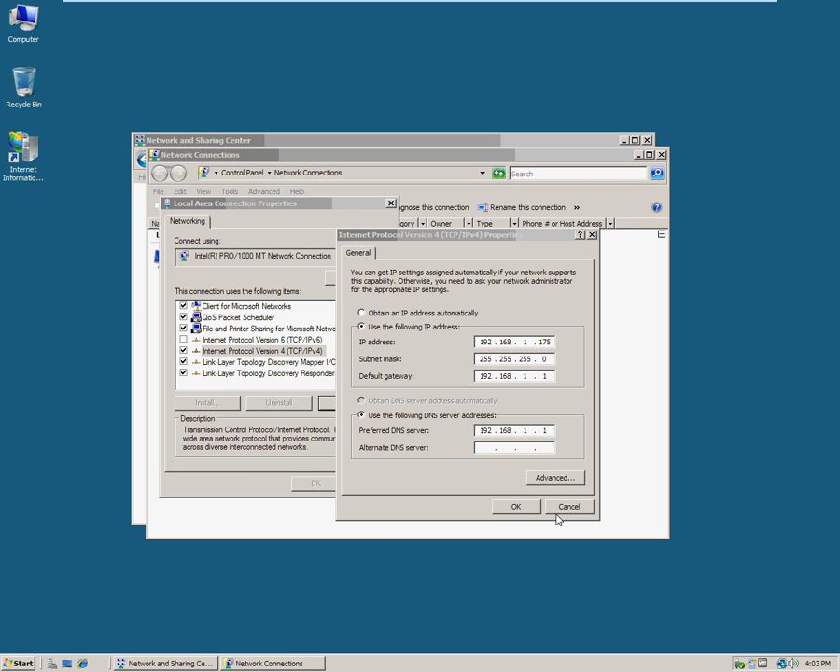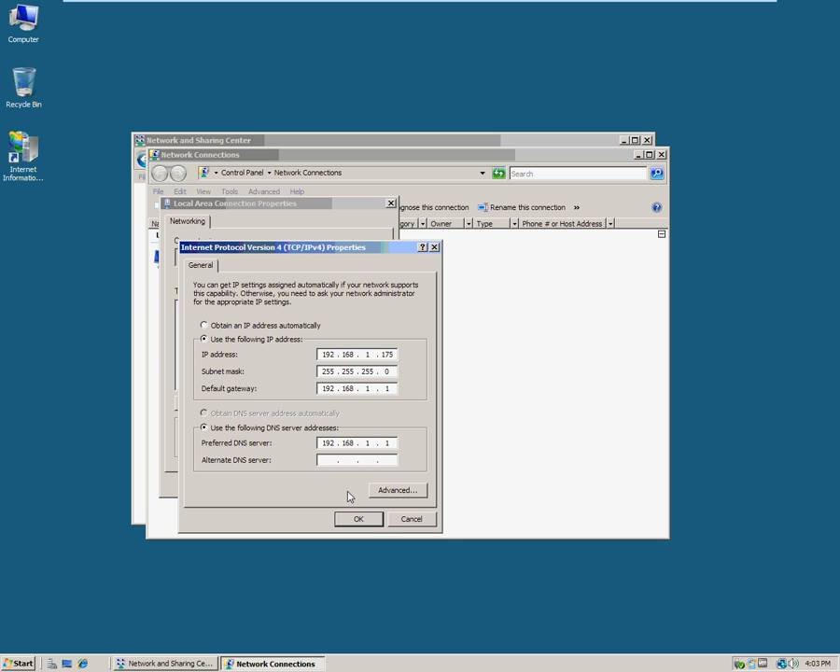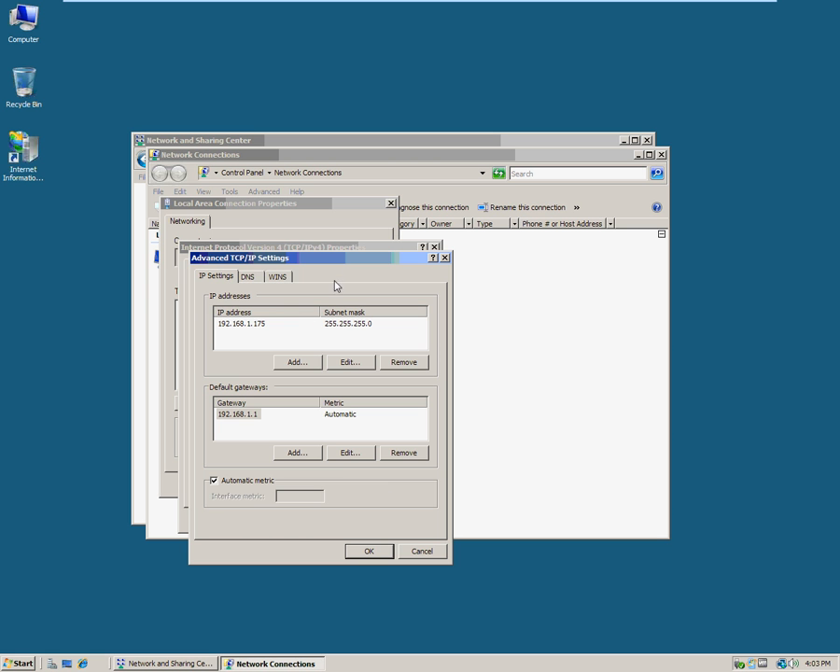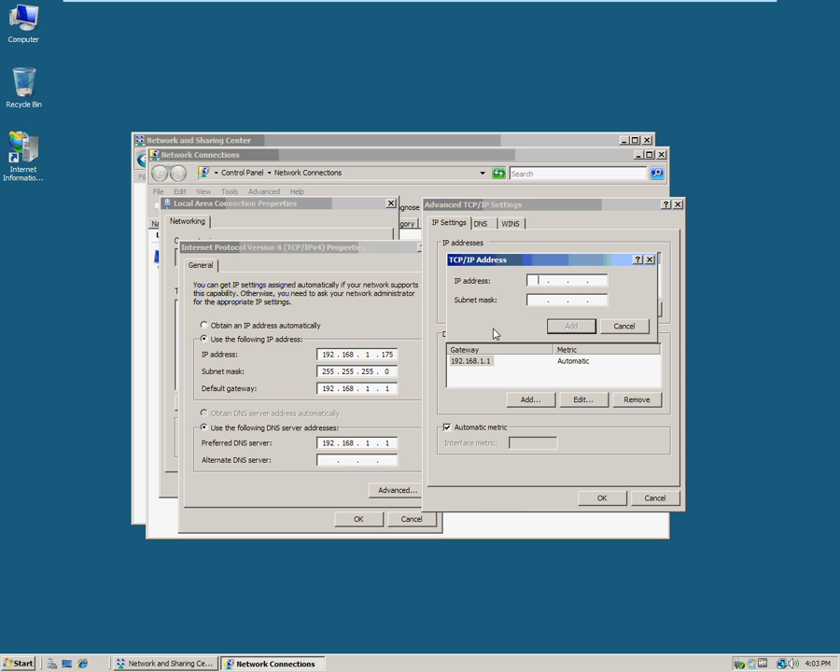What we're going to do here is cancel. Well, actually, no, need to get back in there. We're going to click on the Advanced button and bring up the Advanced TCP/IP Settings window here. We're going to add 3 more IP addresses on this interface, corresponding to the 3 websites that we have. So we're going to click the Add button here, and we're going to type in